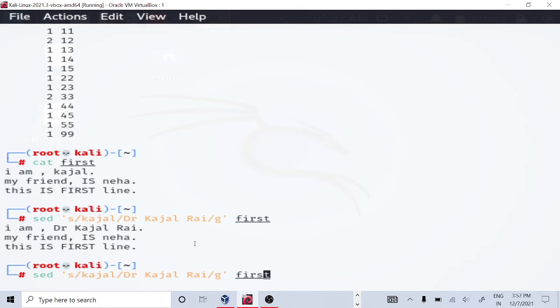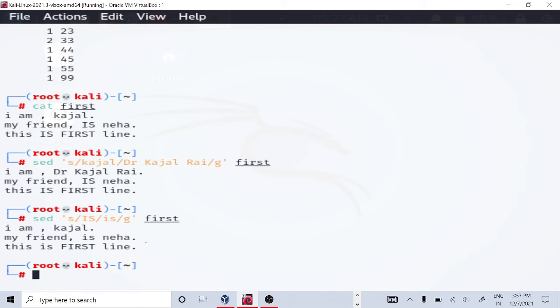But if you want to replace some text, for example capital S is written and you want to replace it with a small s, globally also you can do this. Now you can see capital S is replaced by small s, right?